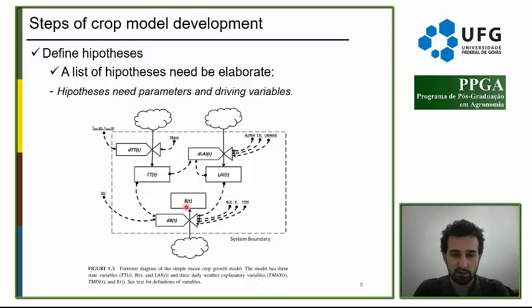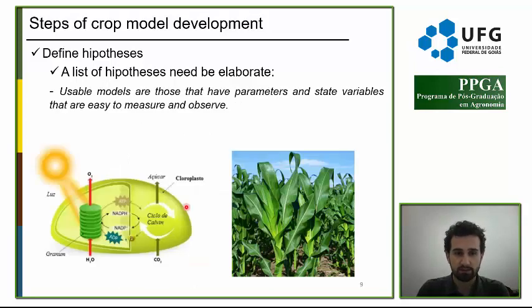So see that in this simple example, we have at least three hypotheses. Thermal time is affected by temperature, leaf area index responds to thermal time, and biomass production responds to solar radiation and leaf area index. So this is an example of our hypotheses. I need to put in a hypothesis that I can prove and include it in the model. And based on this hypothesis,